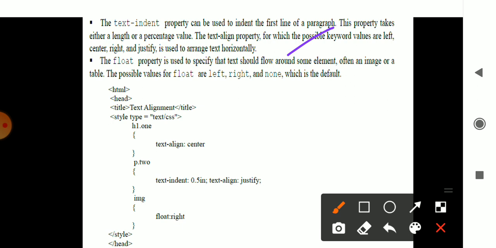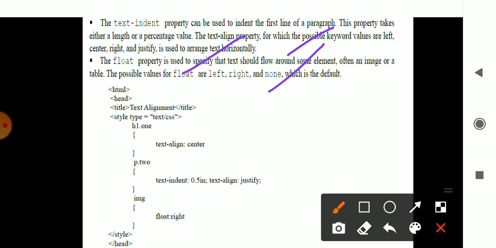You may be using the indent in any of the formats, either left, right, center, justified, whichever it is. But the indent is nothing but the spacing which is provided on any of the sides. Another important thing is called float. If I want to include an image on the text and make that image float from left to right, or you can say moving from left to right, then you use the concept of float. So with float, you can move your image from the left or right side, or if you give the value as none, it will not apply any floating to the image.